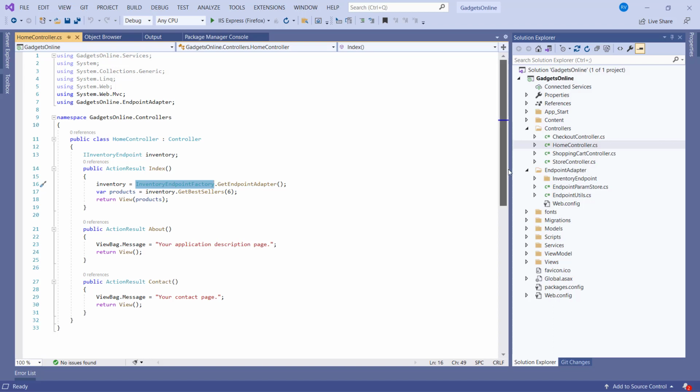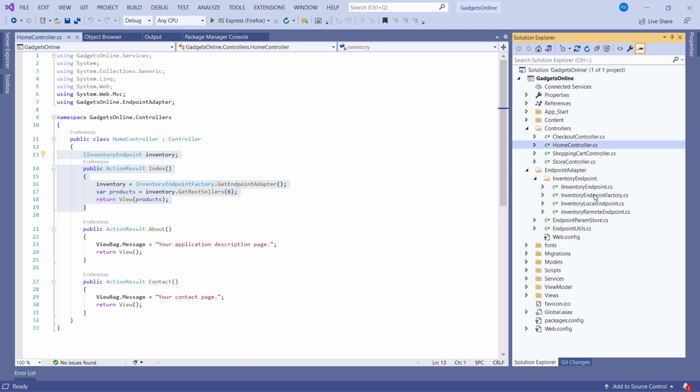It's also worth noticing that while making these changes, an endpoint adapter was added to my existing ASP.NET application. And this endpoint adapter has the endpoint adapter factory, which can either return a remote endpoint or a local endpoint. It's worth noticing that the local class is still retained, so I still have my local inventory service.